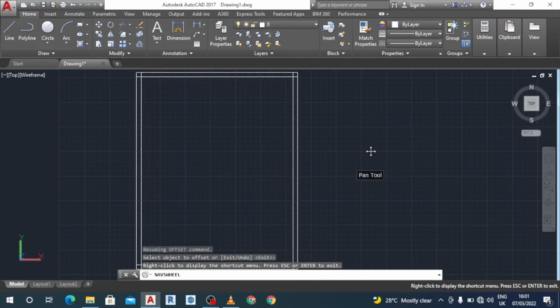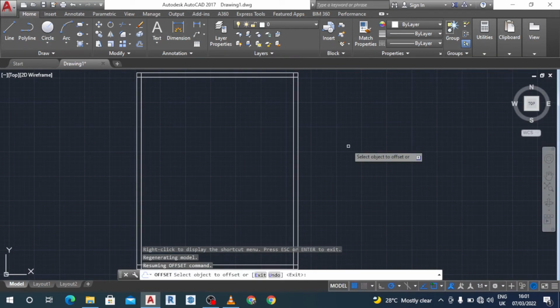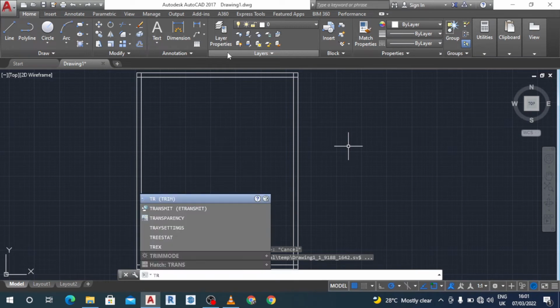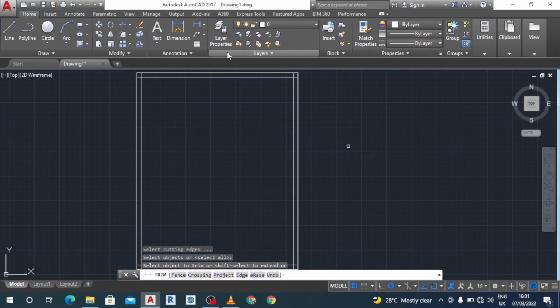I think we have a full screen here. Whenever we're done, press escape, then escape. Our shortcut for trim is TR, then enter, double enter, then we click on the lines we want to trim out. So that's for trimming. But alternatively,